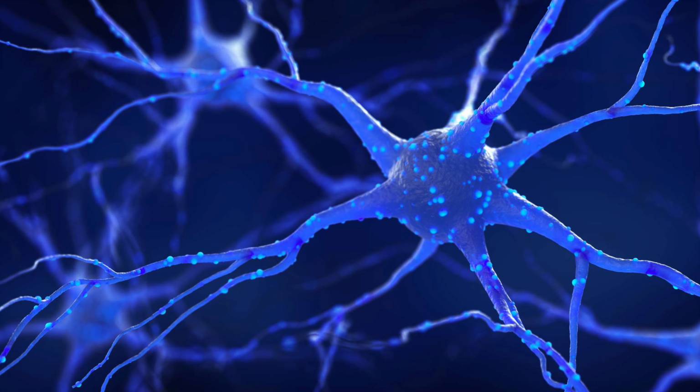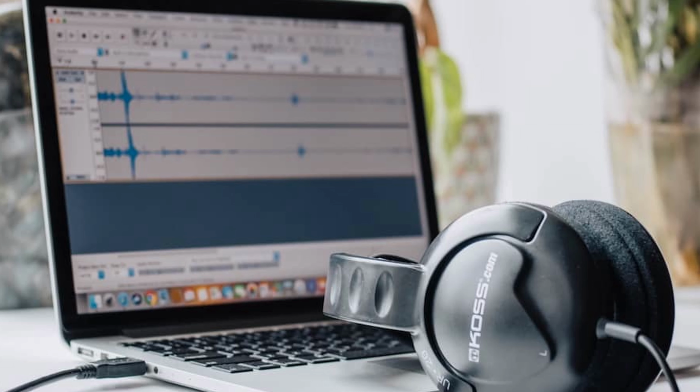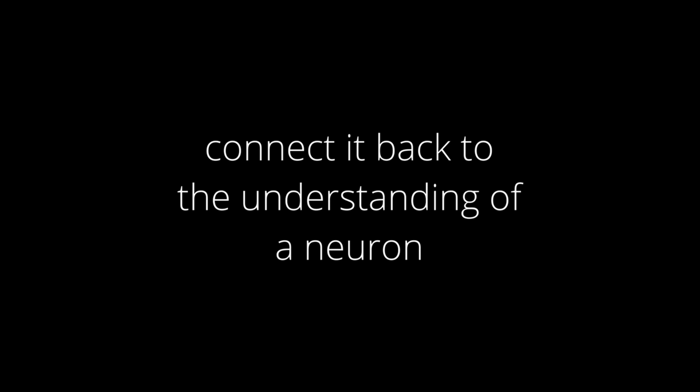Often, it's easier to understand the different parts of a neuron by connecting it to a more familiar example. Let's look at this example, a computer with headphones attached to it. Let's start by investigating this analogy, and once we grasp that concept, we can connect it back to the understanding